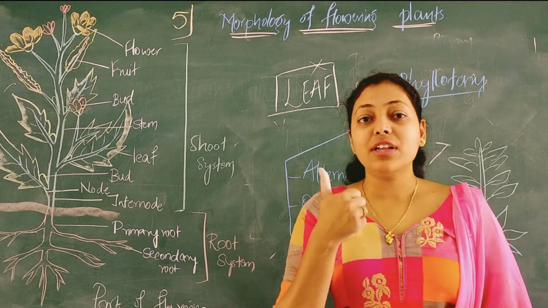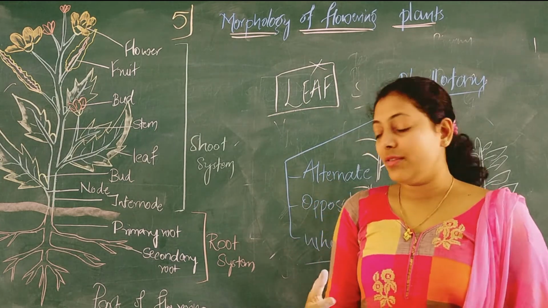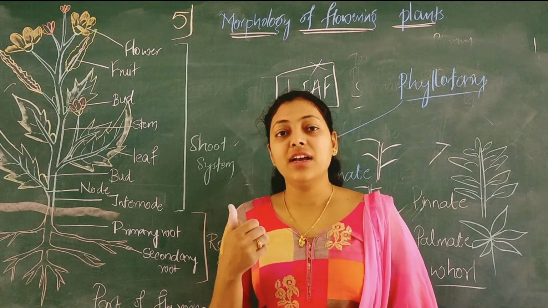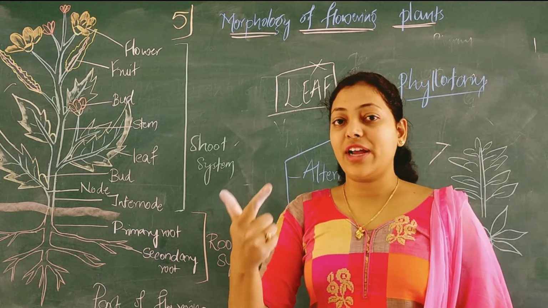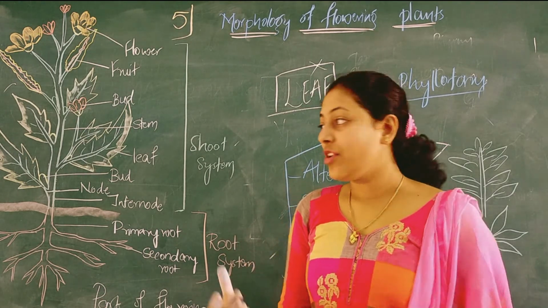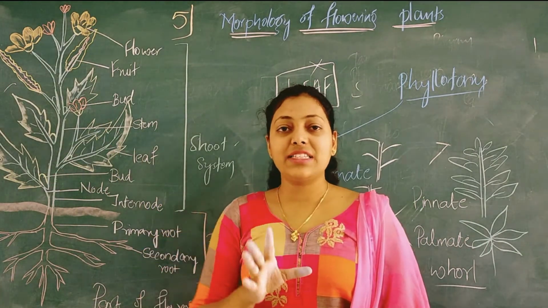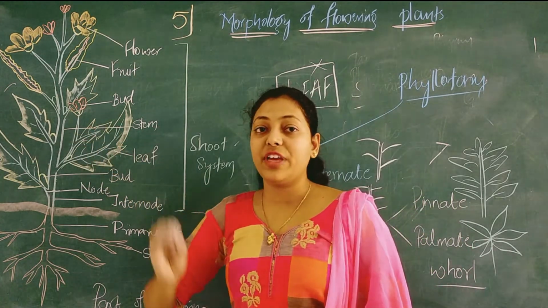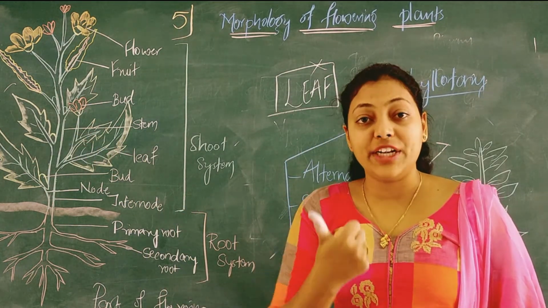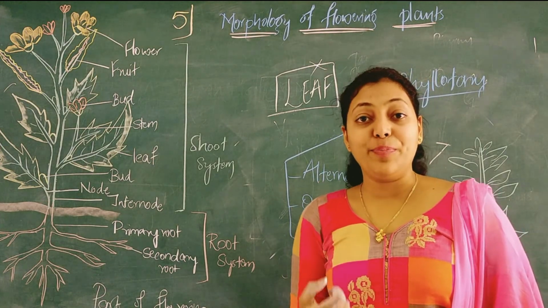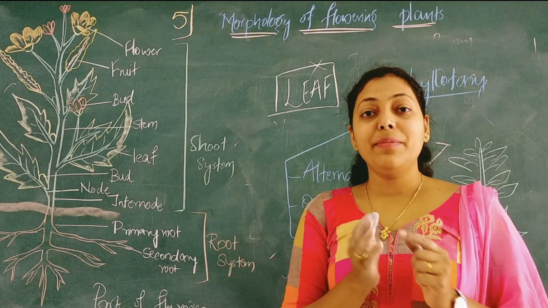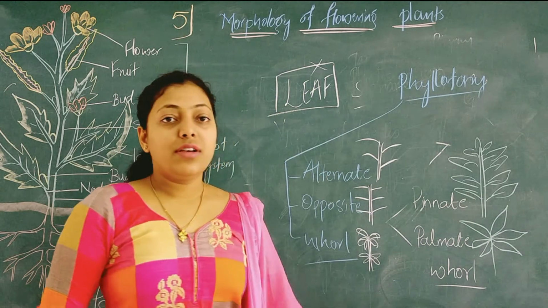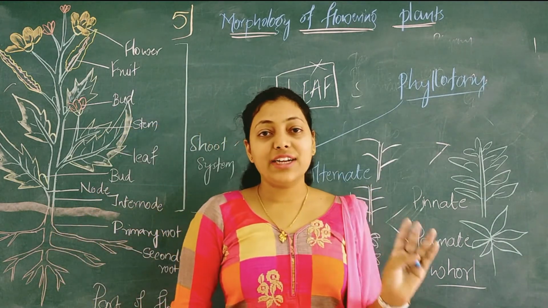We have studied root, shoot and leaf. Coming back to the different types of roots, we have studied that roots are of three types: taproot, fibrous root and adventitious roots. In the shoot, we have studied basic structures called nodes and internodes. And coming back to the leaf, we have studied different structures called petiole, pulvinus, stipules, lamina, midrib and veins. These are the structures we have studied in the case of leaf. I guess this is all clear to you all.